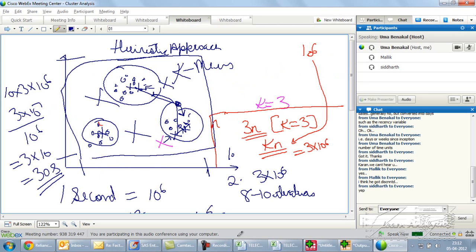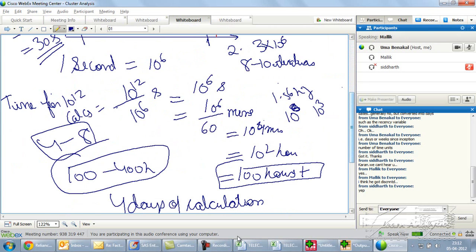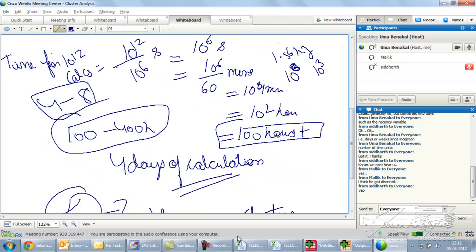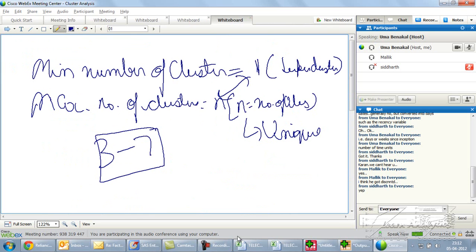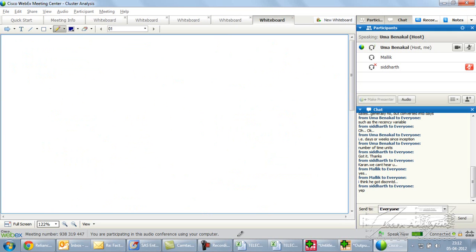Alright, so this was how we do k-means clustering. Now I'm going to demonstrate this on SAS. My SAS code may not work right now. Since the others are also not here, we'll stop the class short now and continue with this in tomorrow's session so that everybody is here. But I want you to run this particular code. I'm writing down the code over here. The code will be